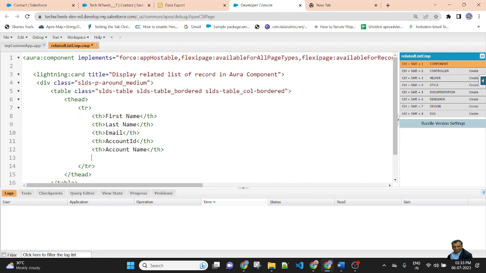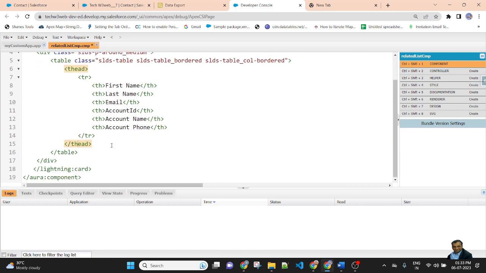After the thead I will create a tbody. Inside the tbody I will display the data of contact and the related list of account.